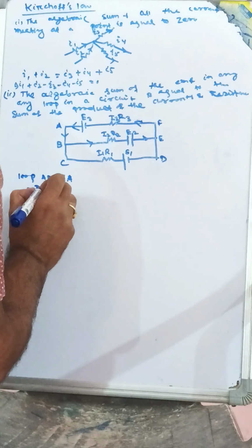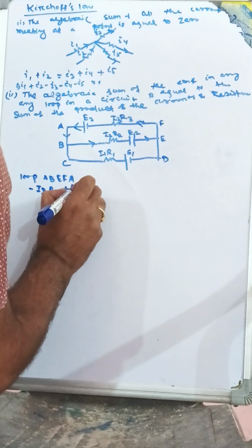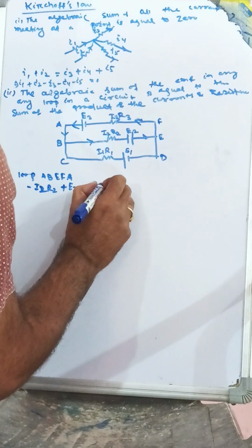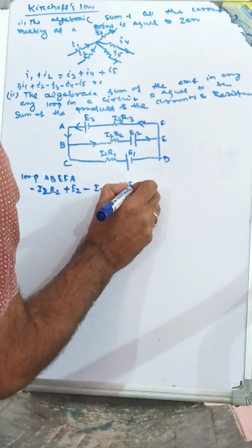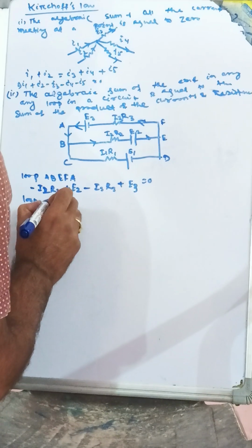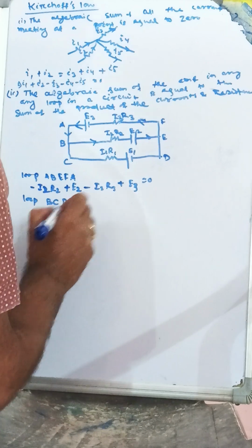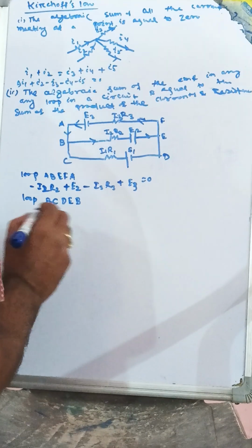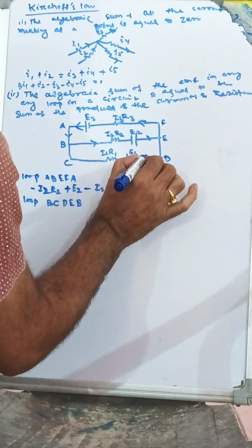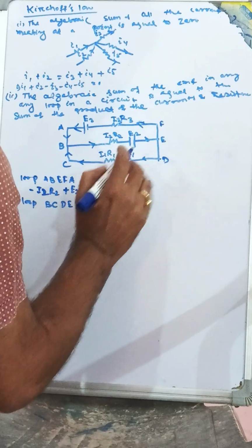Then minus I2 R2 plus E2, okay, minus I3 R3 plus E3 is equal to 0. Then loop B C D E B. In loop B C D E B, then, okay, B C D E B,